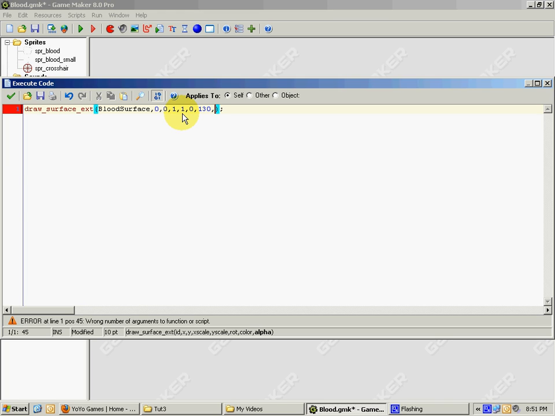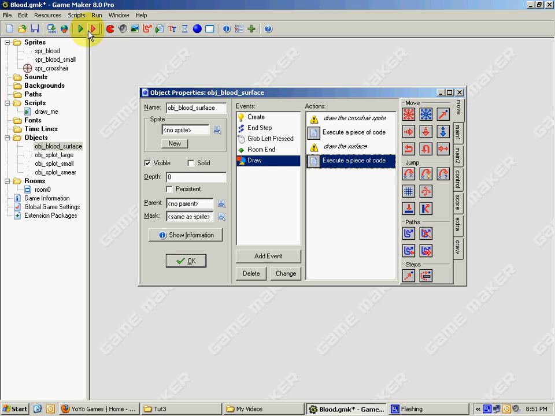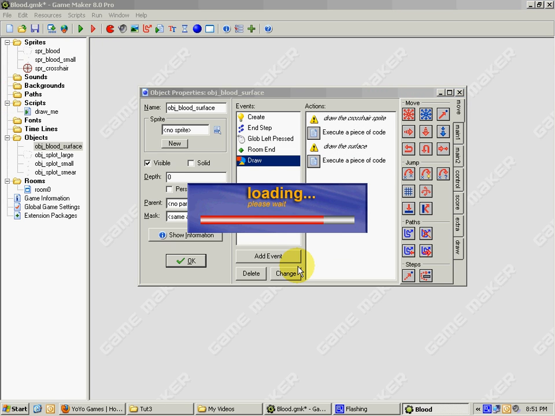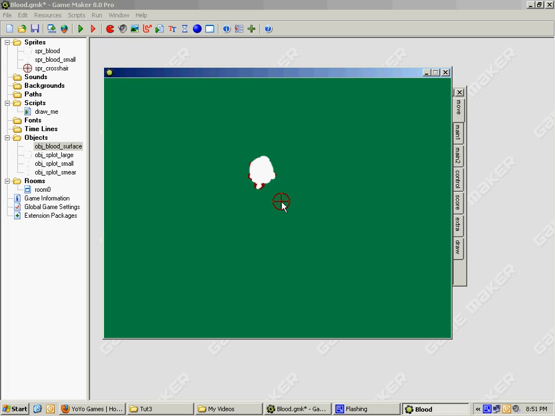And if I draw it, now we should have our blood. Okay, one more thing I forgot to do. We still got those white things. The blood looks okay, but the white things are because our splot objects, which represent where the blood is, are still visible. So I'm going to set these to non-visible,